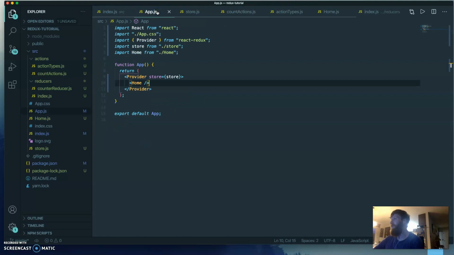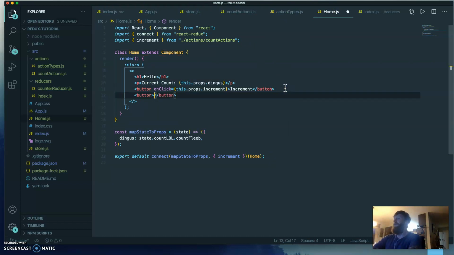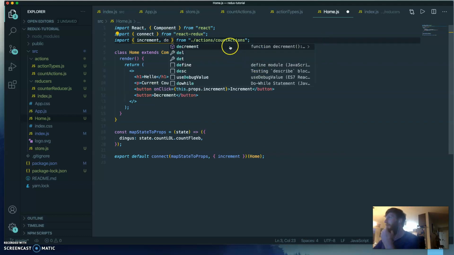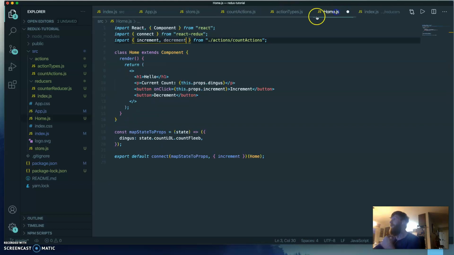Right? And we're pretty much just putting everything in this home.js file, okay? So we're going to have another button here that's going to say decrement, and its onClick is going to use decrement. So what we're going to have to do is import that function we just created in this count actions file, this guy right here, okay? And then we're also going to have to make that available